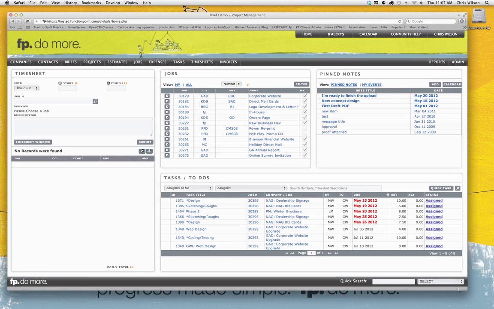Here we go. Excellent. The creative brief is like a roadmap of the work that's to be performed. When done well, it leads to imaginative outcomes for the work you're doing, and it gets you to that outcome quickly. As consultants to hundreds of agencies, we recommend creating a brief for each and every job that you do. But that's not the whole story. The brief you use should relate directly to the job work or the job type that you're performing. As such, Function Point allows you to create multiple brief types to drive your creative process.